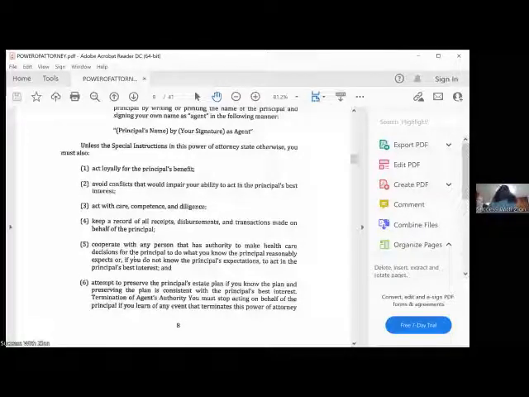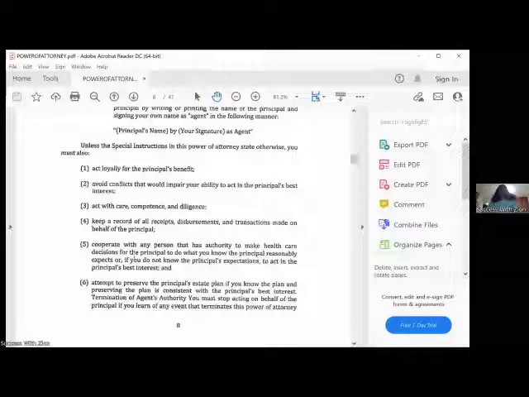And sometimes you have to read through the documents before you get to the signing, because I'm going to tell you, I made another mistake when I did this. And those are some of the errors you're going to make as a new notary. Don't kick yourself too hard. Just learn from your mistakes and move forward. And next time you're going to know how to do it the right way. So be thankful for those mistakes, because those mistakes are going to help you to be able to learn how to do things the right way.